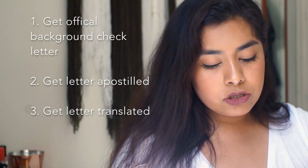So step 1, to do the fingerprints, which is like the official background letter saying that you're not a criminal. What you're going to have to do is get either an FBI background check or a state background check. And what I did was the state one, which I regret doing, because I would recommend you guys doing the FBI one. And the reason behind this is because if I would have done the FBI one, I would have been able to do like volunteering